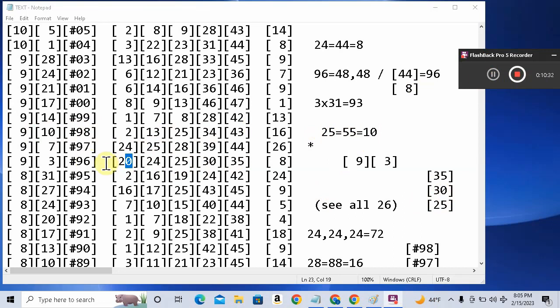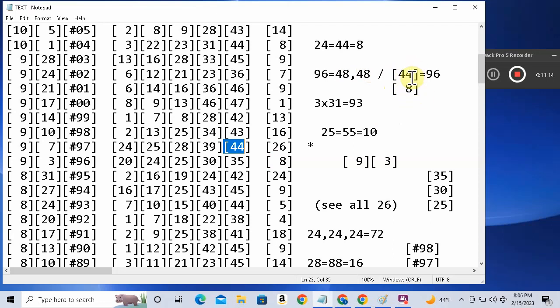I'd like to talk about this concept right here, the 96. And the 96, as you can see, it says right here, 96 is equal to 48, 48. And one way you can make a 48, 48 sequence, remember I have the 4 right over here, the 4 linking to a 44, because we already made a determination there's going to be a 44. The problem is that you don't know if it's going to be here or here, right? Either here or here. So if it's a half step away, then what you have right here is another way of making 48, 48. If you link an 8 to 44, because this makes a 48 and this makes 48,